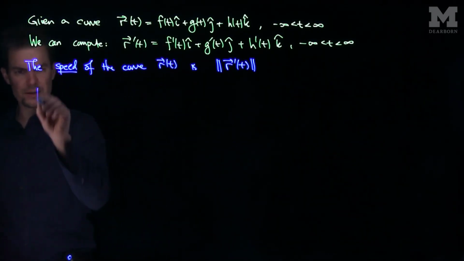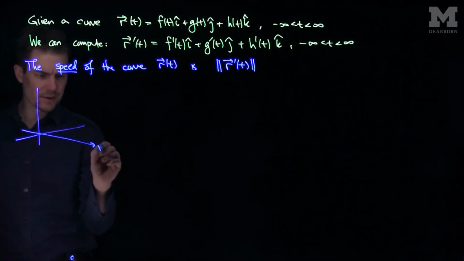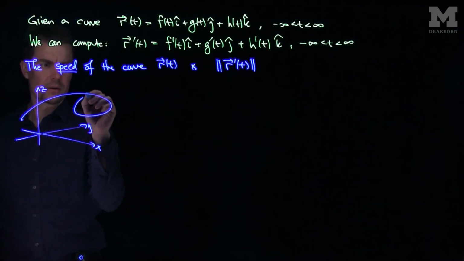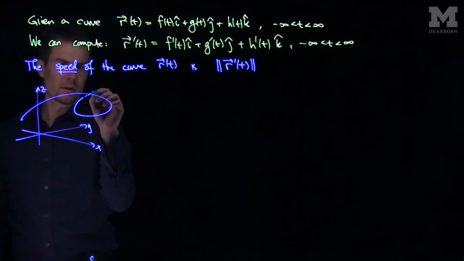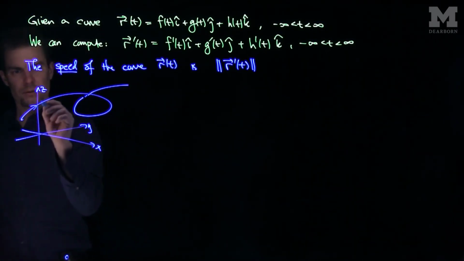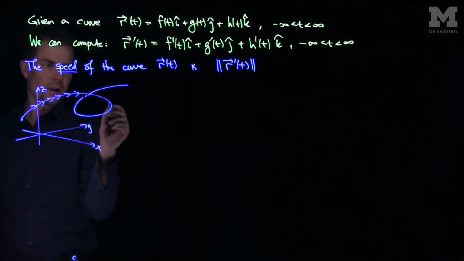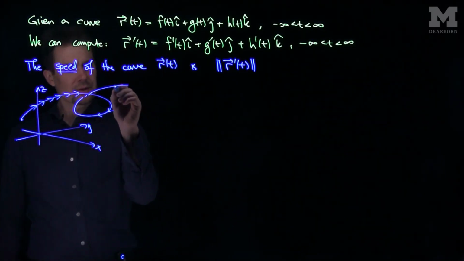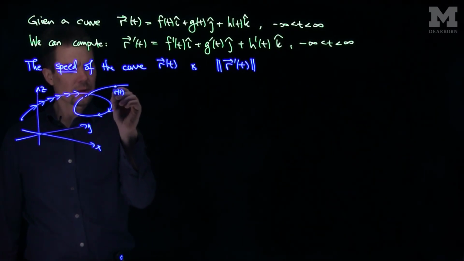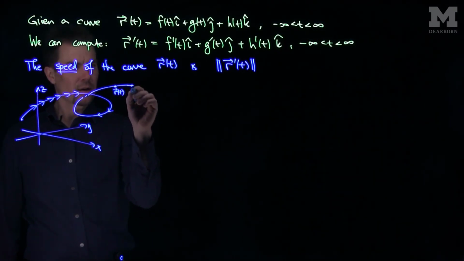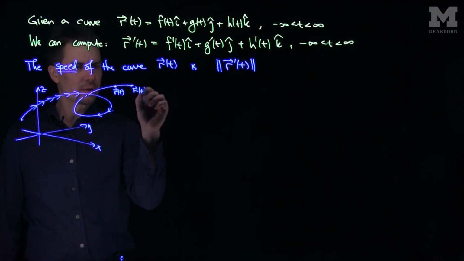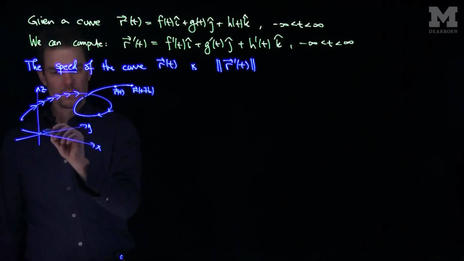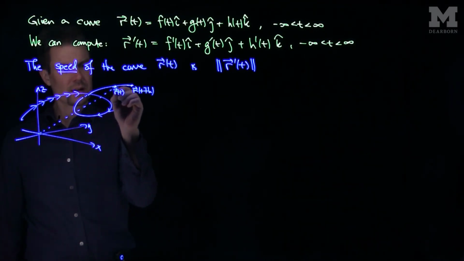If we're given some curve in space, so if this is my x, y, and z, let's say it's a three-dimensional or space curve, x, y, and z. There's my curve. So my curve is moving like this. Now, what will this derivative represent? Well, if this is my r of t, and this is my r of t plus h, then we draw the vector to r of t,